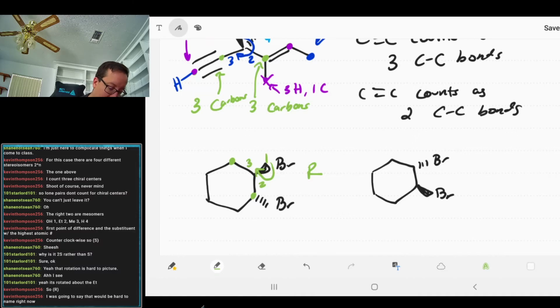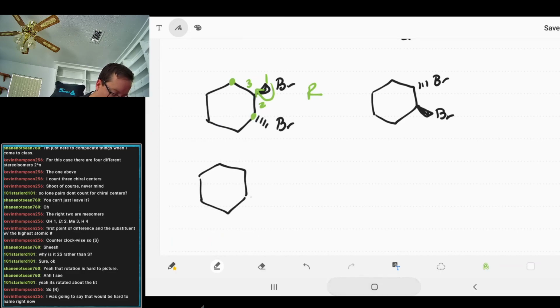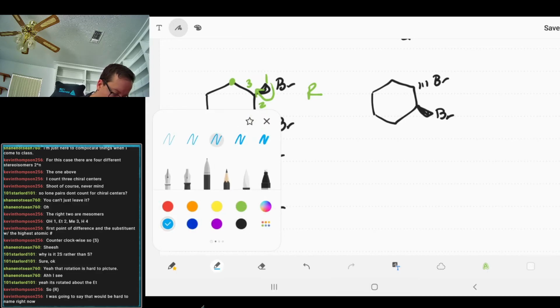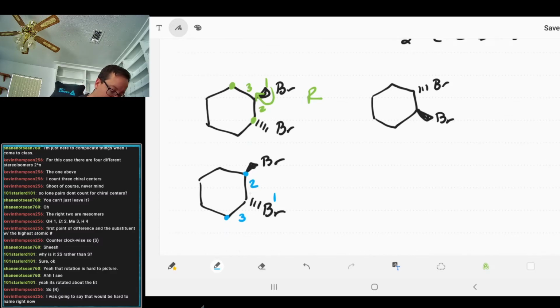I'm going to just redraw the molecule so we can mess with the stereo, with the absolute configuration more cleanly. All right. So with this one, priority 1 will be the bromine. If we're looking at this carbon, we look at our other carbon substituents. We see that priority 2 and 3 are going to be there. Remember, we need to rotate this such that our bromine becomes on a wedge and the hydrogen becomes on a dash. Or we cheat and just pretend this is a dash, wedge. If we do that,